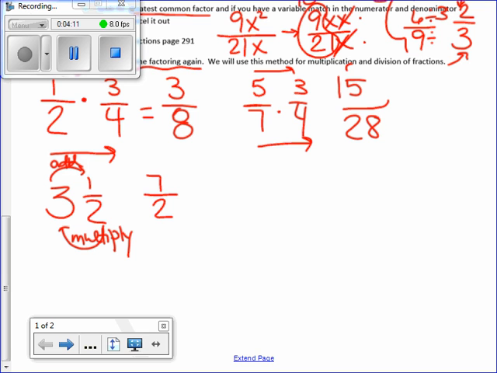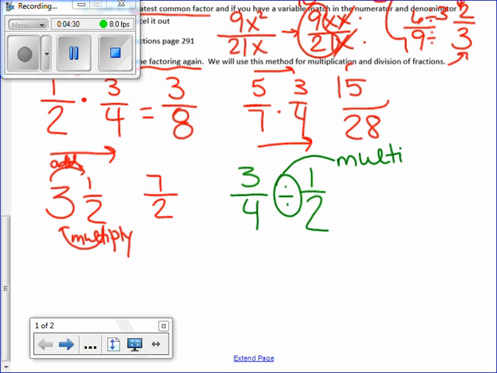Now, when we're dividing fractions, what if I had 3/4 and I was going to divide it by 1/2? You're going to find that we can't divide fractions. We multiply by the reciprocal,